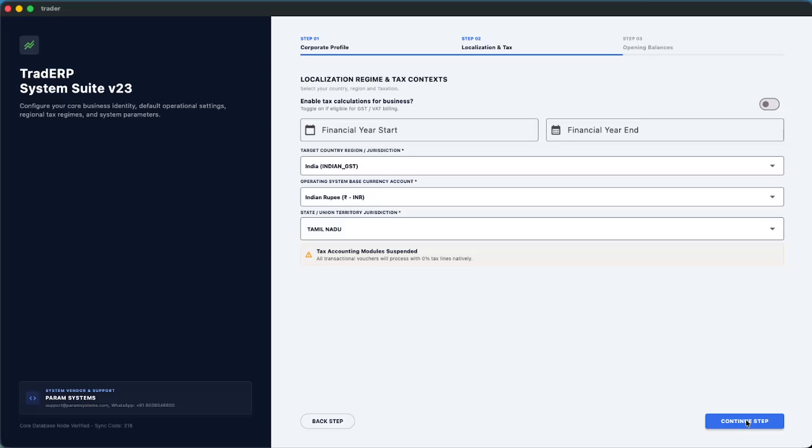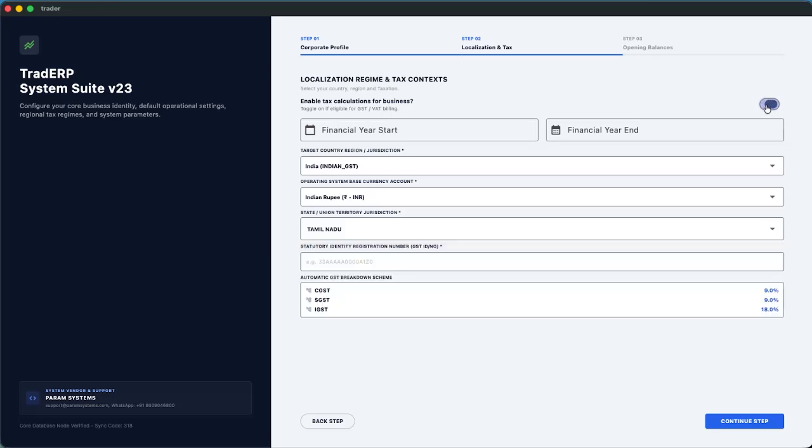So this is a very important step. You are going to select the taxation of your business. If you want to enroll yourself inside this GST billing, you can switch it on. Otherwise, if you are not eligible for GST and you don't want to print GST billing, then you can simply switch it off. I'll just switch it on because I'm going to run the GST, and